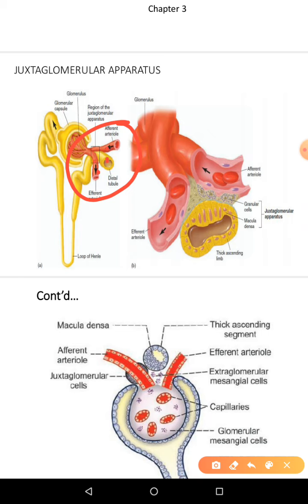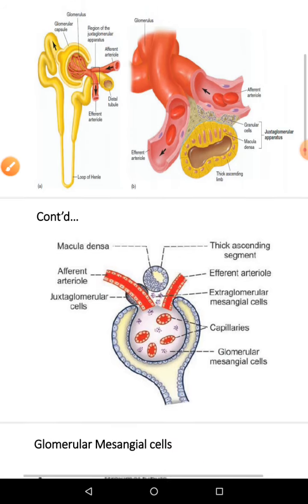And then the efferent, okay? The efferent arterioles here, what can we see here? We can see the extramesangial cells. Actually, the extramesangial cells are located between the efferent arterioles and the afferent arterioles. These efferent arterioles are responsive to the action of angiotensin II and also atrial natriuretic peptide. So that's the location of the